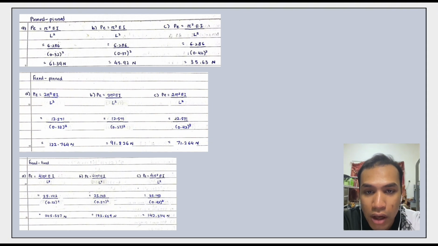Okay, for fixed pin we got 122.764 Newton, and for the length of 370 mm we got 91.82 Newton, and for the length of 420 mm we got